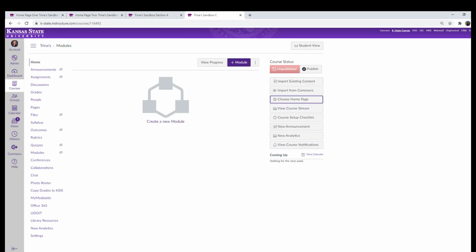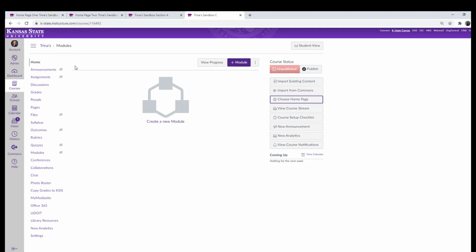Again, I'll stress that students will see this page every time they enter your course, so consider what information and tone to use. Also consider if you want a certain aesthetic that might match your subject area. For example, if your content is visual arts, you might want a different appearance than a course, say, in statistics or life sciences. If you are just getting started and are unsure, I suggest simple and clear, but if you are looking for an opportunity to use your creativity and bring in visual elements, this is your chance.